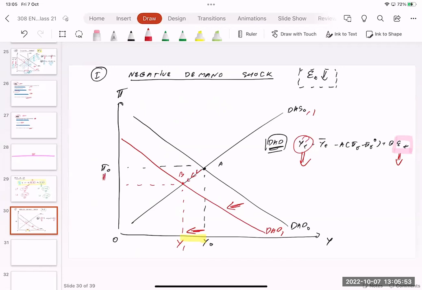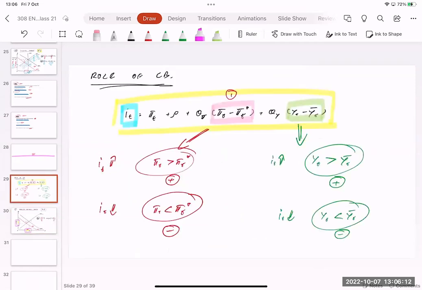In the same time, inflation becomes lower. Okay, inflation becomes lower. So you have two problems. You have inflation becoming lower, which is not a problem. Okay, the economy slows down. This is a problem. Okay, and if we go back to this slide, when inflation is going down, the central bank is going to respond by